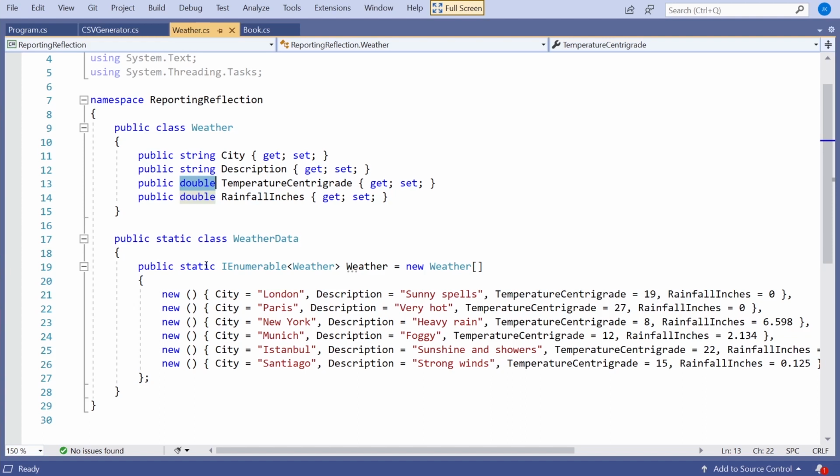Now we could, again as I mentioned last time, maybe adopt a naming convention. So the fact that we have ended that in Centigrade, we could have used reflection and a little bit of text processing to say, okay, we'll put degrees C on the end there. But it's a bit of a clunky ad hoc way of doing it, and that's why using custom attributes is a far, far better way of doing it. And so that's what we're going to do next time. We're going to introduce attributes that can describe what, for example, on a double, the number of decimal places should be, what the units should be, what the column heading should be, and maybe other things as well.